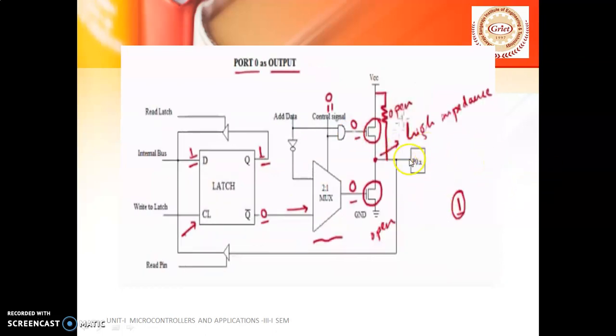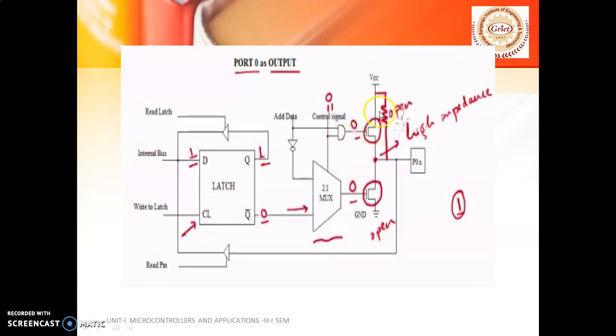Suppose I want to write 1 to the output devices which are connected to the 8051. Again the same thing here. If we are writing 1 onto the data latch and we enable it, the input will be transferred to the output. So here Q will be 1 and Q bar will be 0, and this is given as an input to the 2:1 mux. So the output will be 0 and this input is given to this particular switch. Once it is given as 0, it is going to act like an open switch and it doesn't allow any data to pass through. And even the control logic signal is 0, address and data is 0. If both the inputs of the AND gate are 0, then the output is 0.